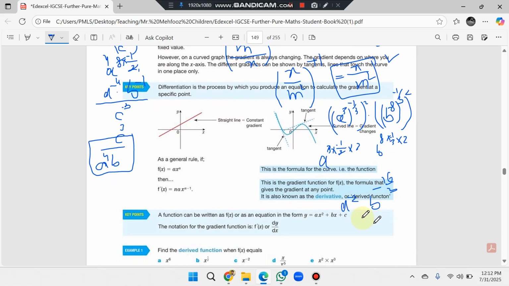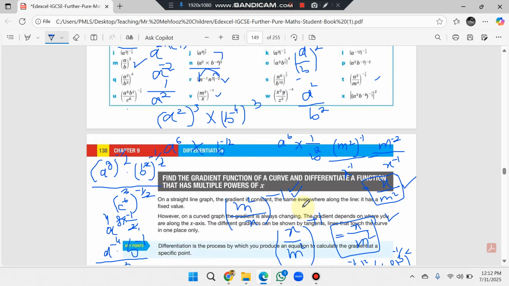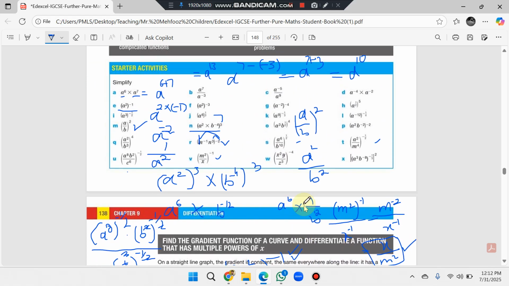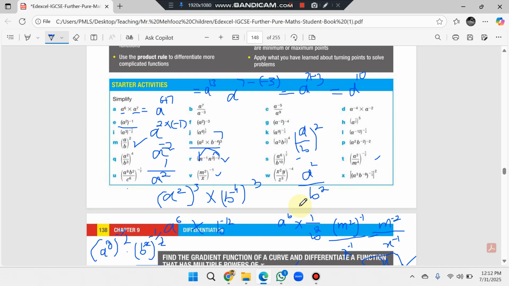So when we simplify it, your answer will be 1 over a squared times 1 over b raised to the power 16 over 3. Do you understand? This is your simplified answer. Do you have any problem? No. Okay, this is your starter activity. Now we have to do the next